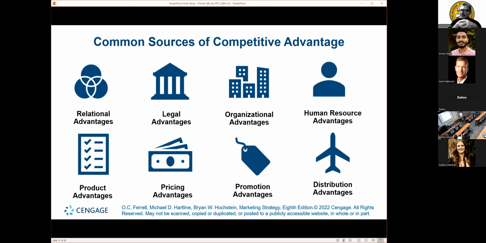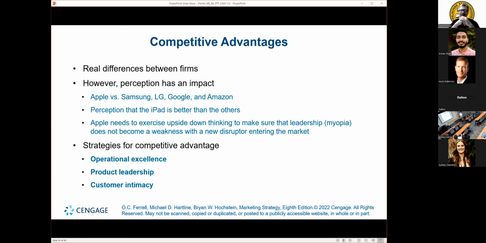You can have lower production costs. You can be a corporation like Texas Instruments that simply wants to produce market share, and they always sell at the lowest cost possible. You can have a great sales force. You can have brilliant people in that organization in terms of sales. And then finally, you can have the best distribution system possible. Think Walmart. And these are all what are considered competitive advantages. Competitive advantages are real differences.